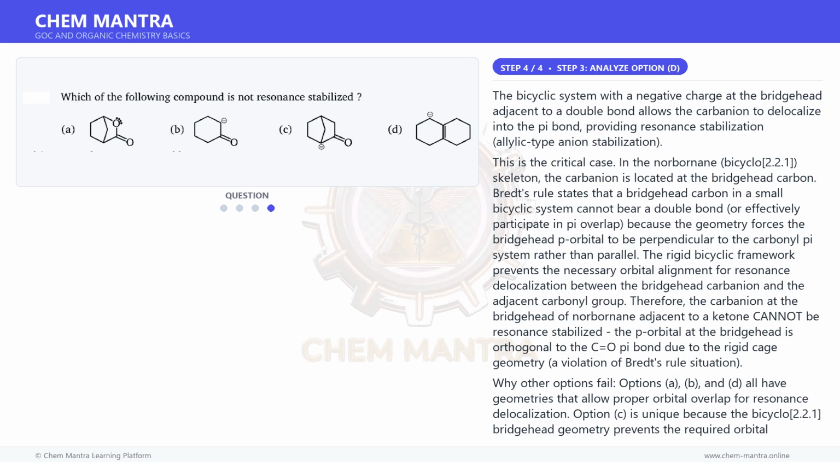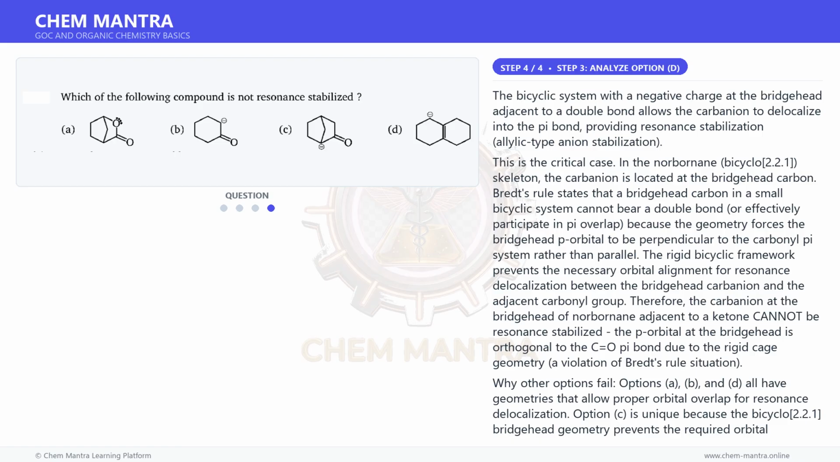In the norbornane bicyclo[2.2.1] skeleton, the carbanion is located at the bridgehead carbon. Bredt's rule states that a bridgehead carbon in a small bicyclic system cannot bear a double bond or effectively participate in pi overlap because the geometry forces the bridgehead p orbital to be perpendicular to the carbonyl pi system rather than parallel. The rigid bicyclic framework prevents the necessary orbital alignment for resonance delocalization between the bridgehead carbanion and the